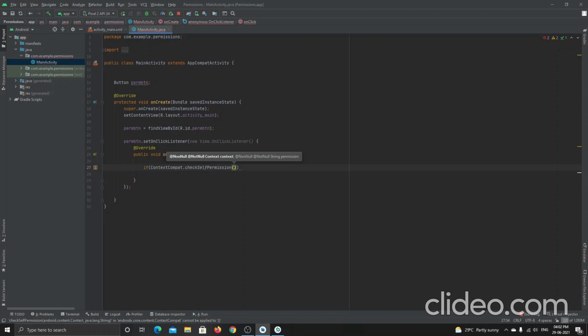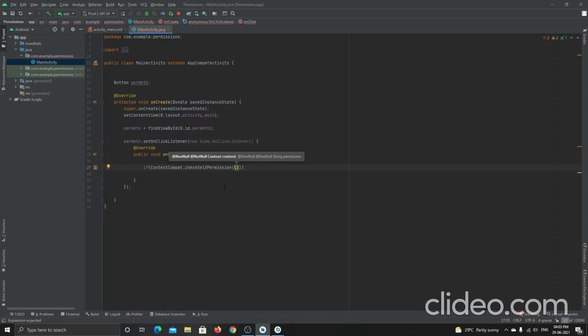Inside this, we are giving one context and then one permission string. It checks whether the permission is allowed or not.